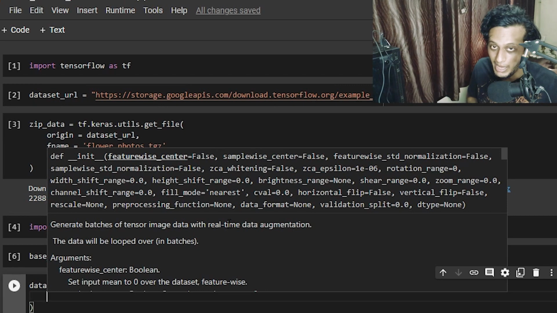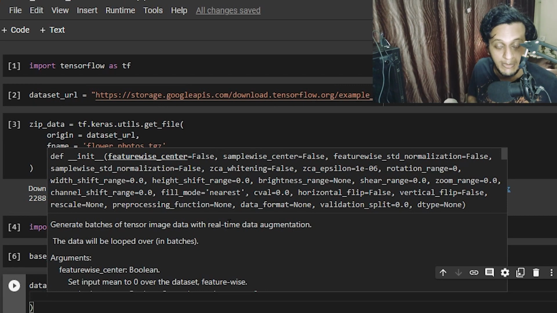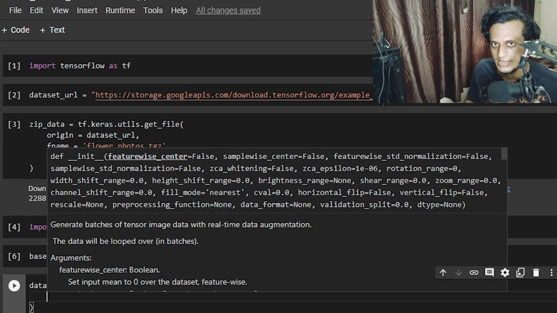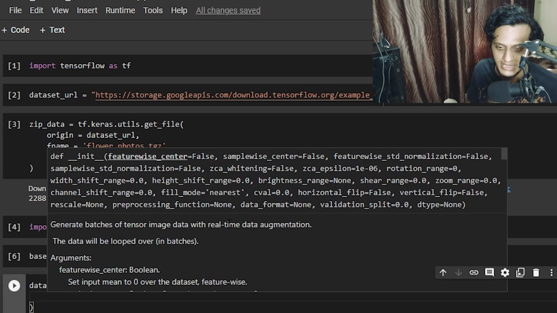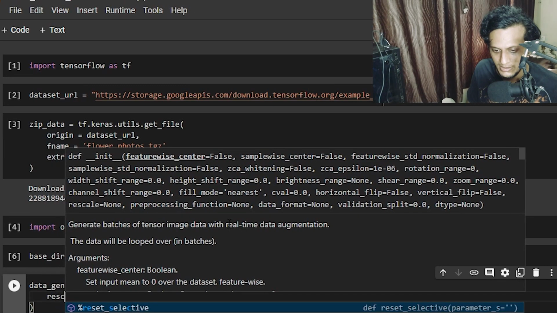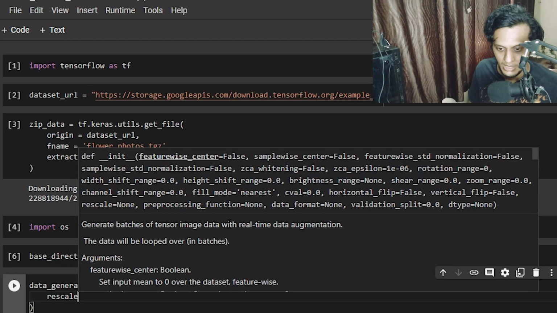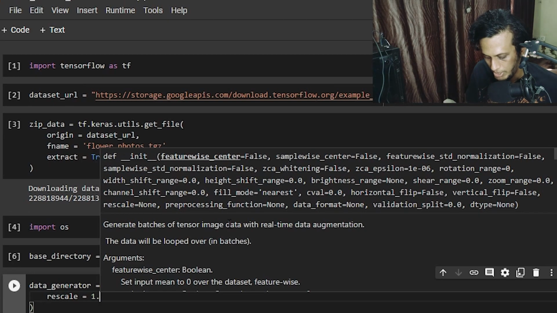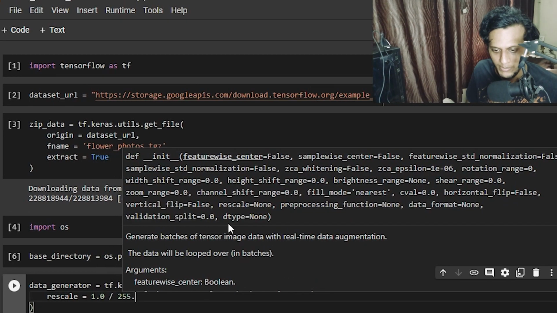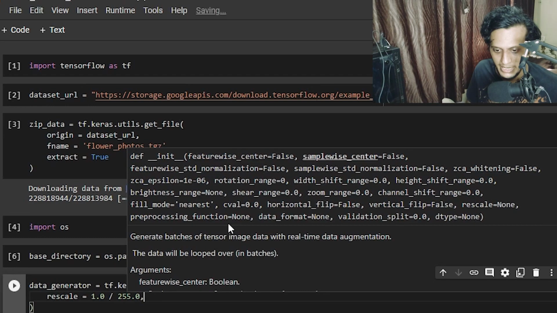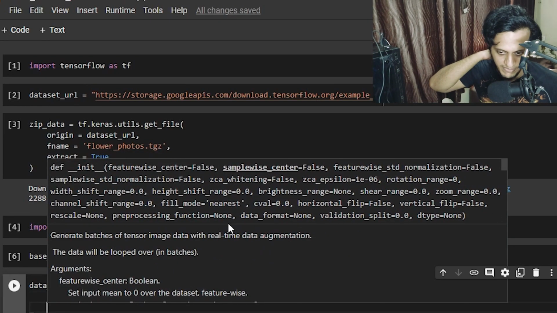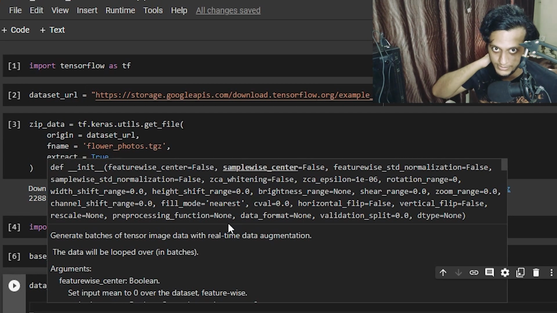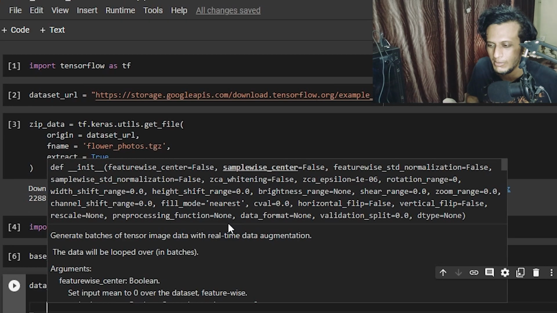Okay, so we want to classify the flowers, and we should get the name of the flower, what the real name is. So 2 parameters I would like to specify in this image data generator. I'll say rescale, and I'll say 1.0 divided by 255.0. Now why I'm doing this, I'll tell you. If I rescale my image in this fashion, the values are going to get quite compressed. So those are, I would say, pretty much easy to handle.